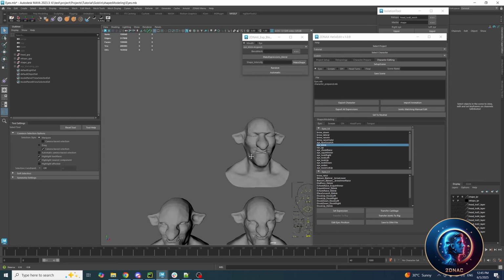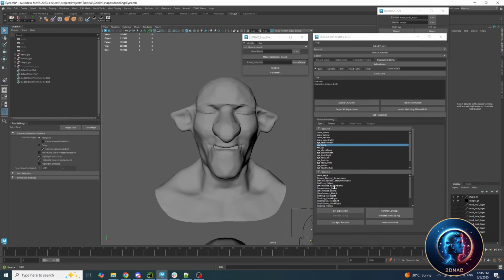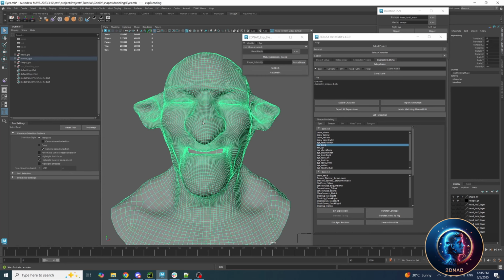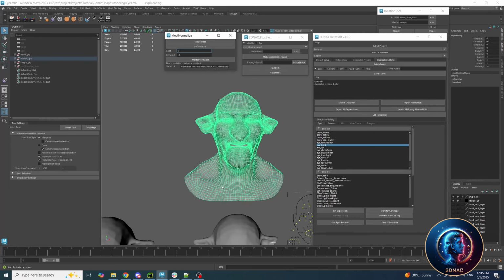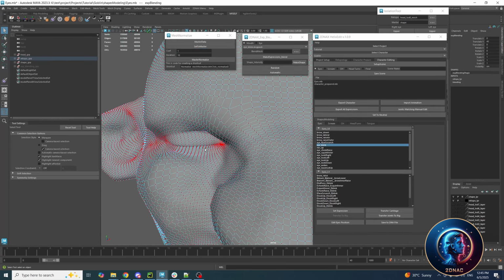It's not extremely good if we look at this, but what I can do is use mesh normalize, just put data, and